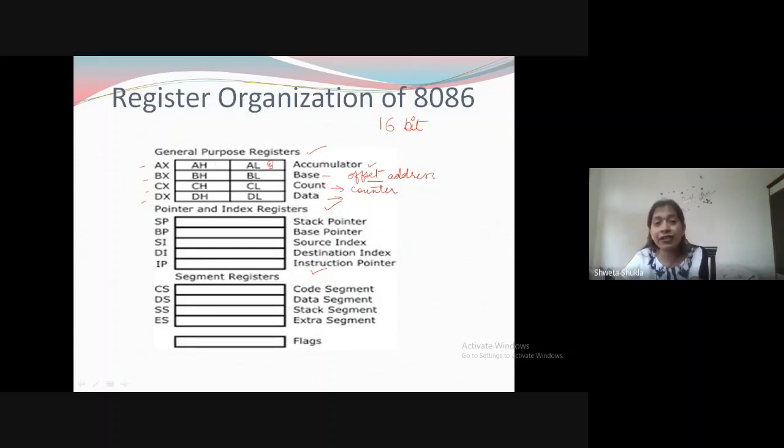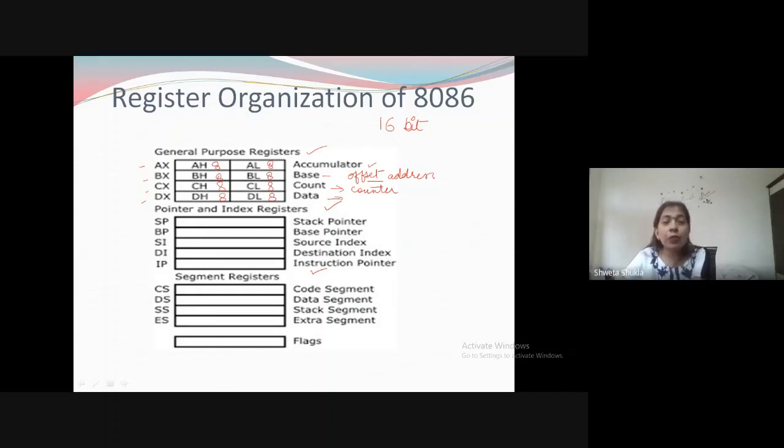If 16-bit data is there, the higher bits will be stored in the AH register, similarly for BX, CX and DX. The lower bits will be stored in BL and the upper bits in BH. Similarly, the lower 8 bits will be stored in CL and DL, and the upper 8 bits in CH and DH.